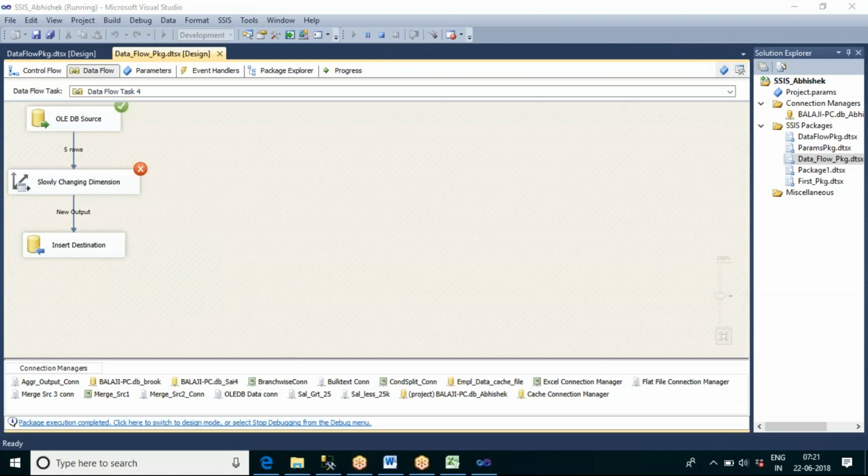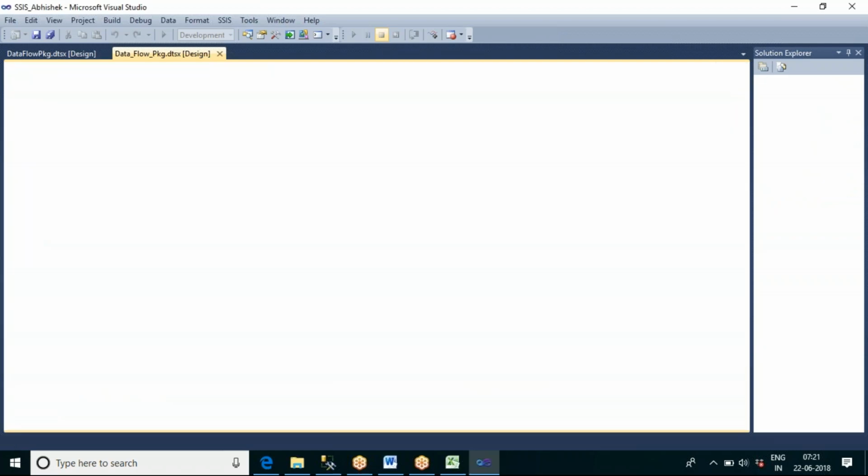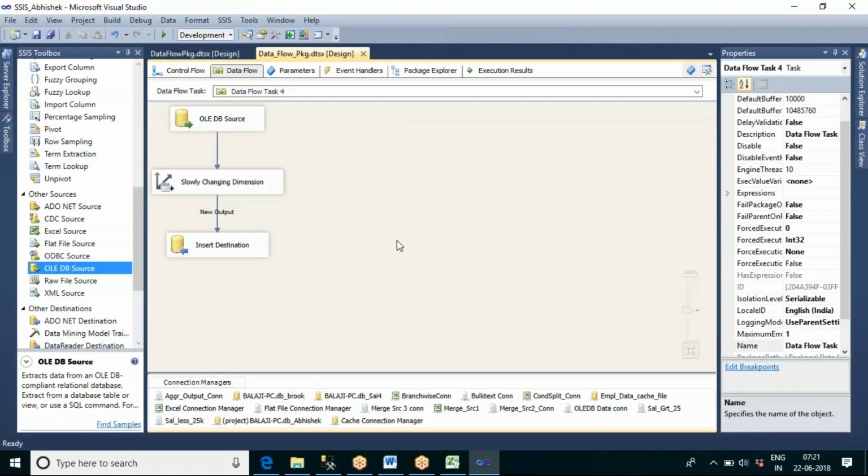So now you can see when it detects the changes, it is failing the transformation. So we have two options, either you can fail or you can ignore the change.